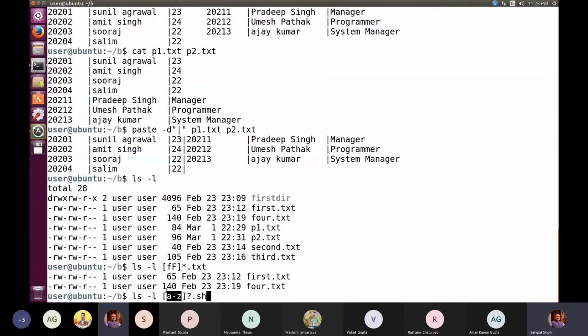So when we write any such expression where we give A dash Z within a square bracket, that means any one character out of this range will be substituted at this place. So first will be any character between A to Z. Then it is followed by only one character, maybe one digit or anything, and then .sh. If I write